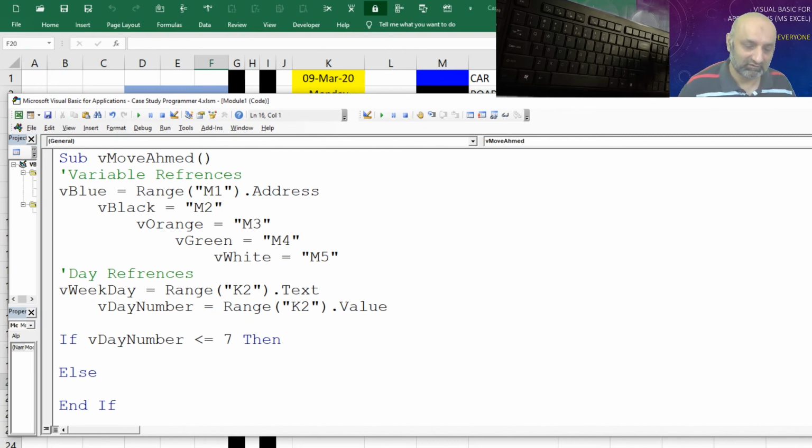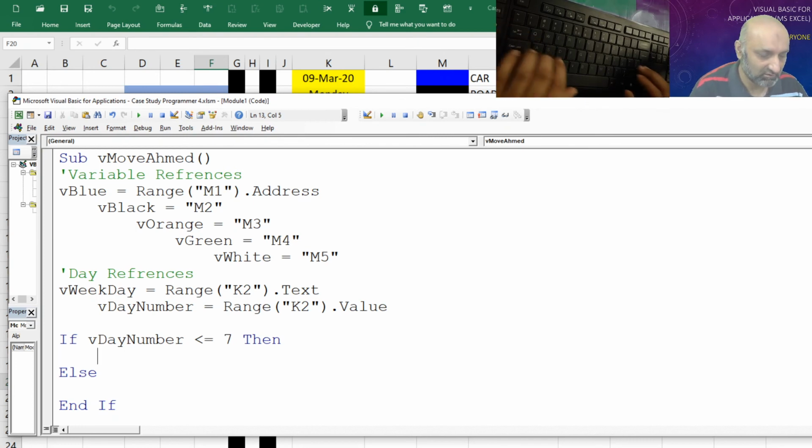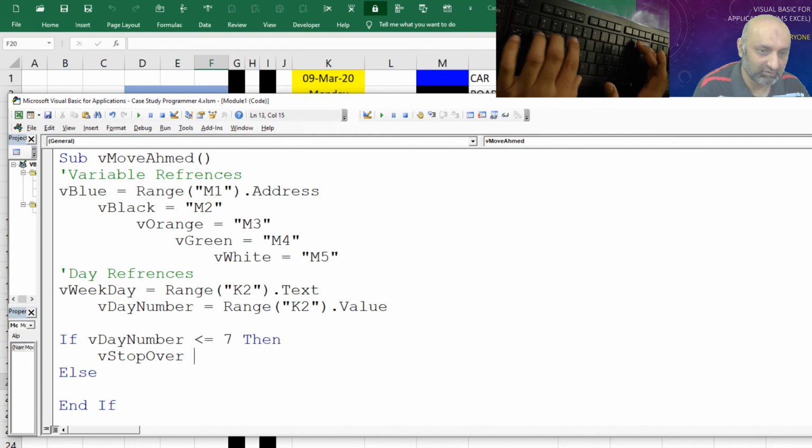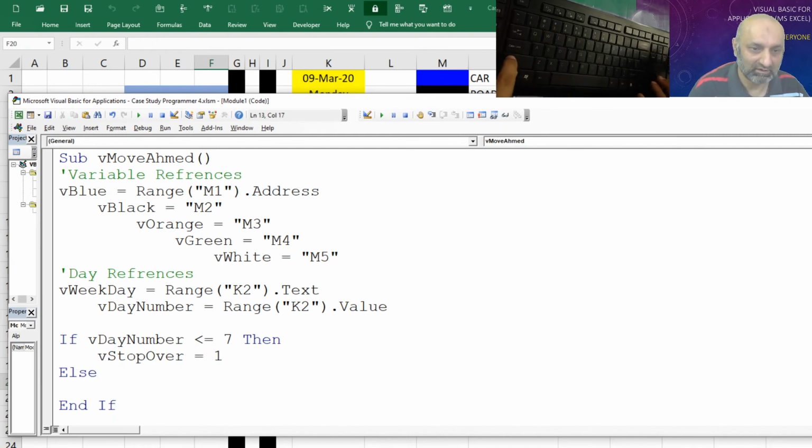If this is less than this, then the variable stopover should be equal to 3, and otherwise equal to 1. So day number is less than or equal to 7, then my stopover at the tire shop should be 3 seconds. Otherwise, it should be normal 1 second.